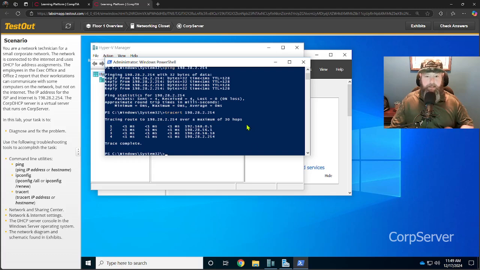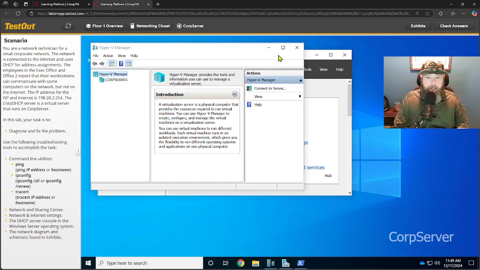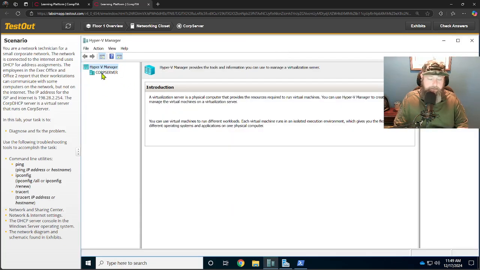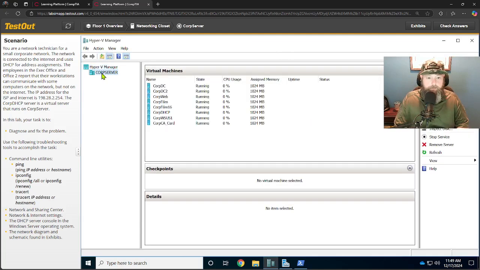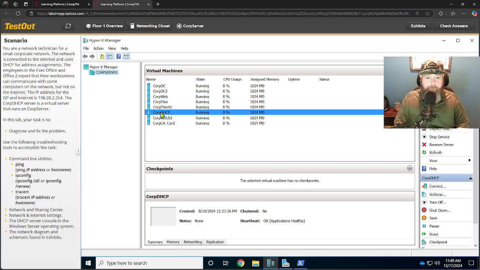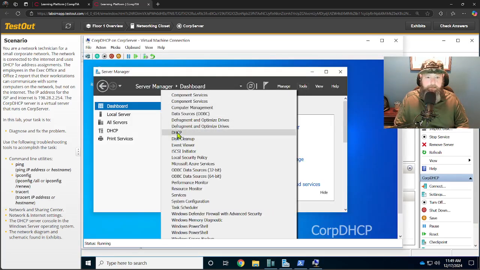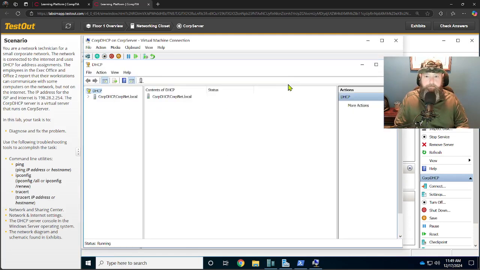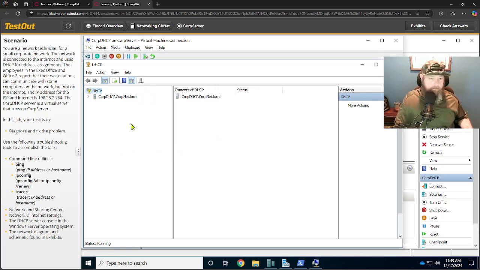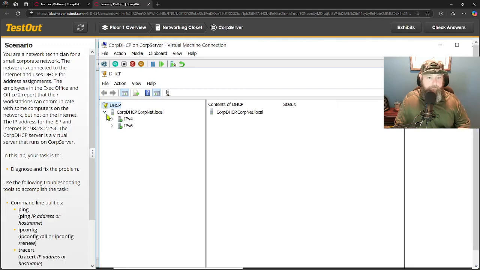We need to fix that here first, and then we can go back and check and make sure that we've got everything correct. So let's minimize this, and we know it's in the DHCP scope somewhere. So let's go to Corp Server and Corp DHCP. Come over here to Tools and DHCP. Let's see, can you see that okay? Give that a little bump. IPv4, scope